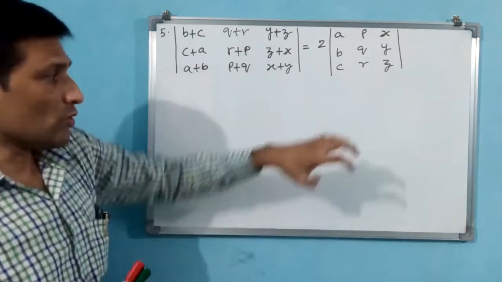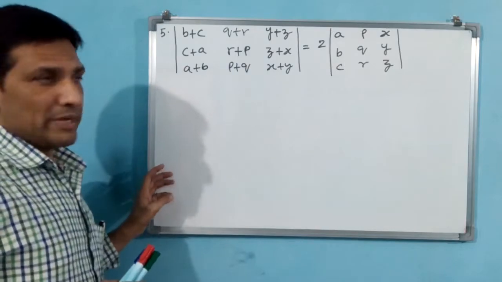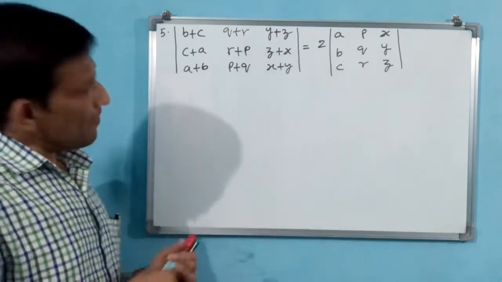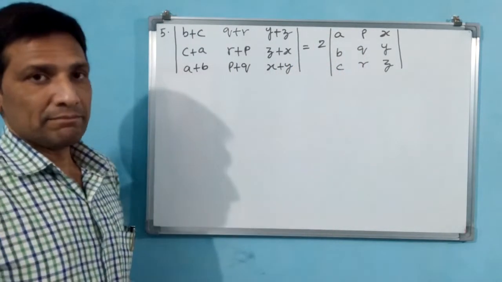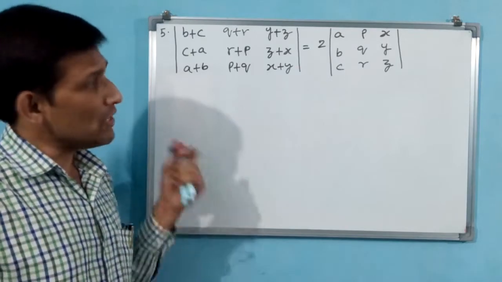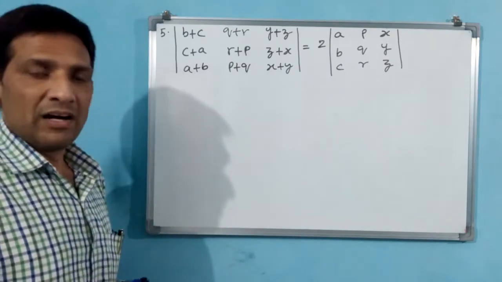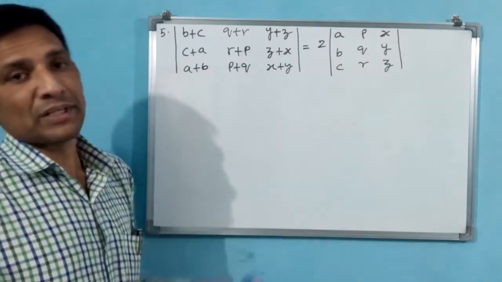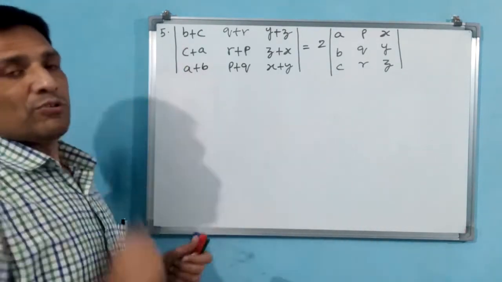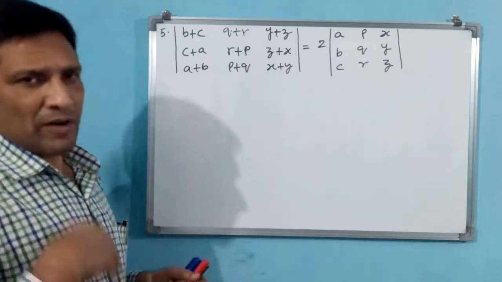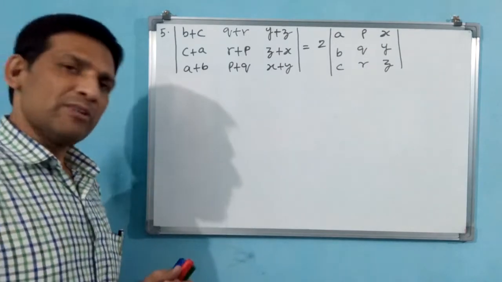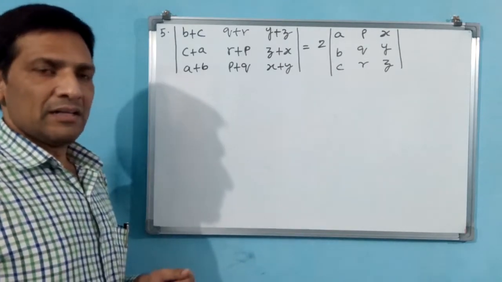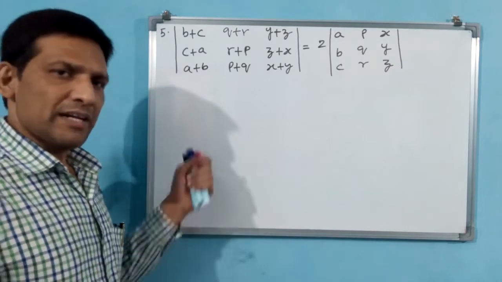From the first row, 2 you are going to take common. Afterwards we will see what will happen. First this much you have to do, then only you can do further. Don't think up to the ending of this question. Think about the direction. After the first step, think about what the next step is. That is the correct procedure.